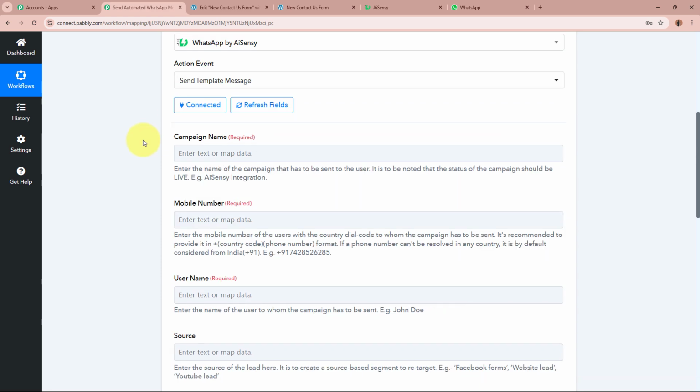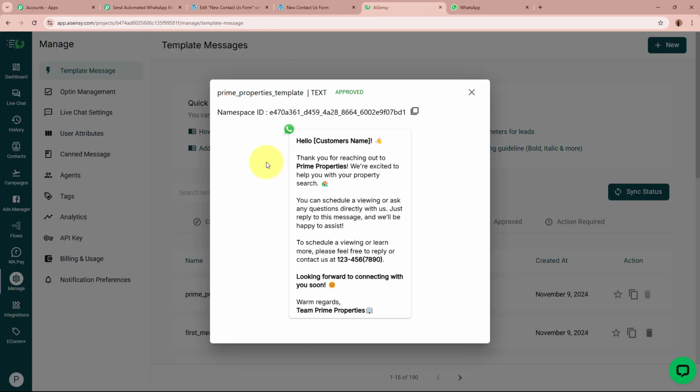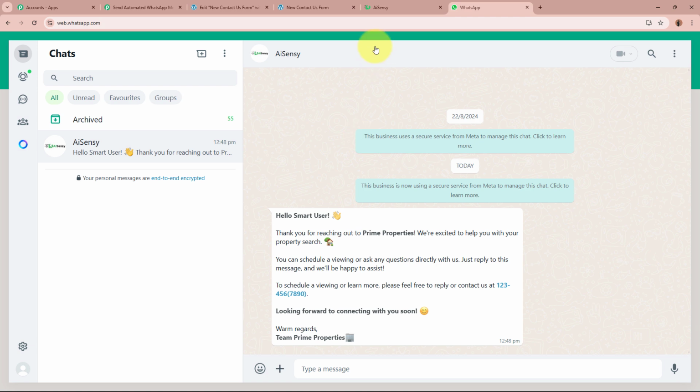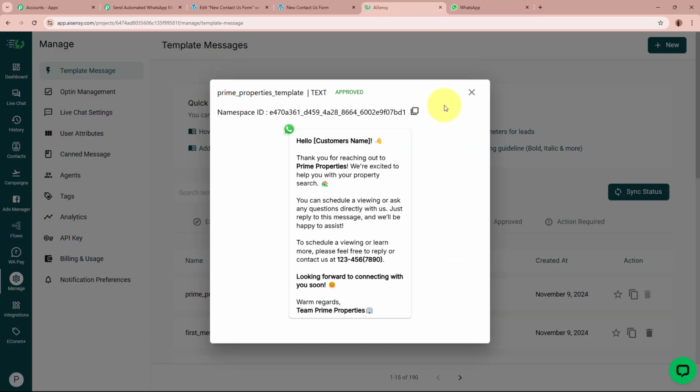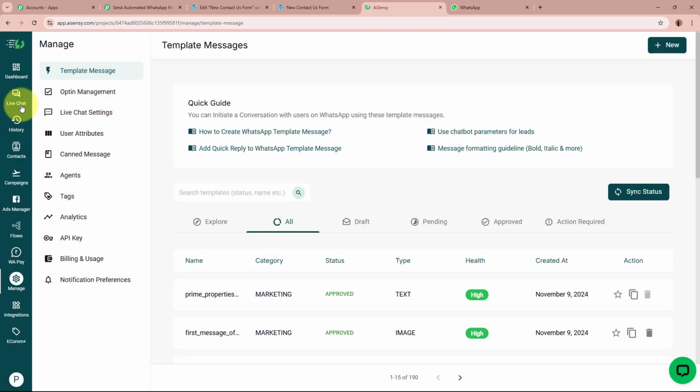After connecting, it is asking for the campaign name. In order to send the template that we have created using AiSensy to all our customers as a WhatsApp message, we need to create a campaign of this message that we have created. In order to create the campaign, I'm going to go back from the left side of the panel, go to